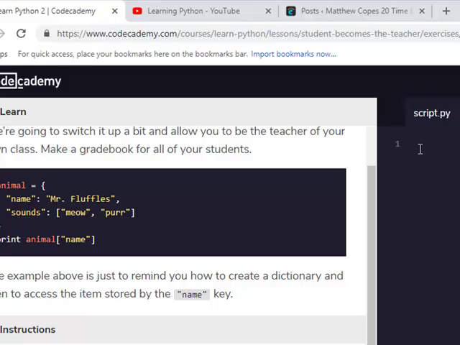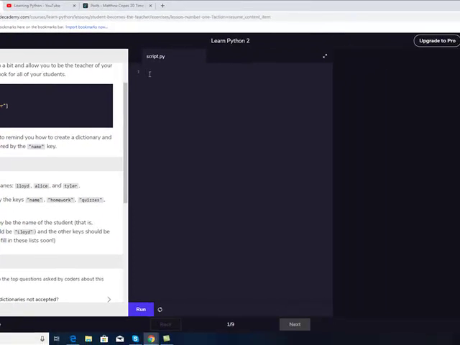So create dictionaries, Lloyd, Alice, and Tyler. Name, homework, quizzes, and tests. Have the name key be the name of the subject student. This is name Lloyd, and the other keys should be an empty list. We'll fill in these lists soon. Okay, so what we're doing here is we're doing